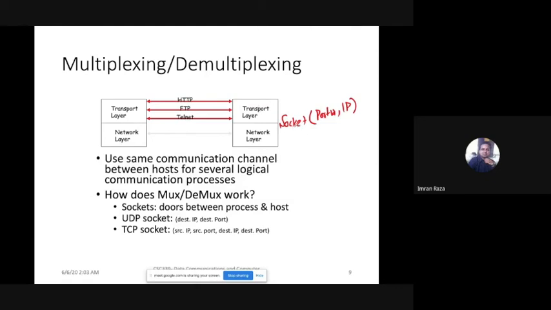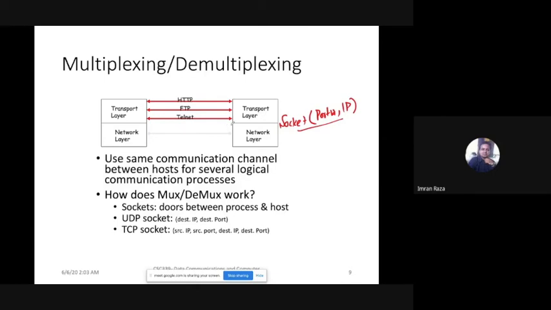By the way, this simplest form, where I have two entries, port number and IP address, defines the socket of UDP, user datagram protocol. So I have the destination IP, which will take me to the destination machine, and then I have this port number